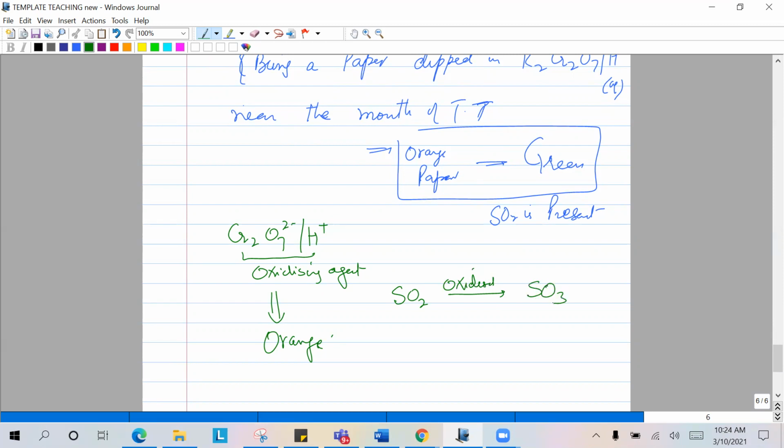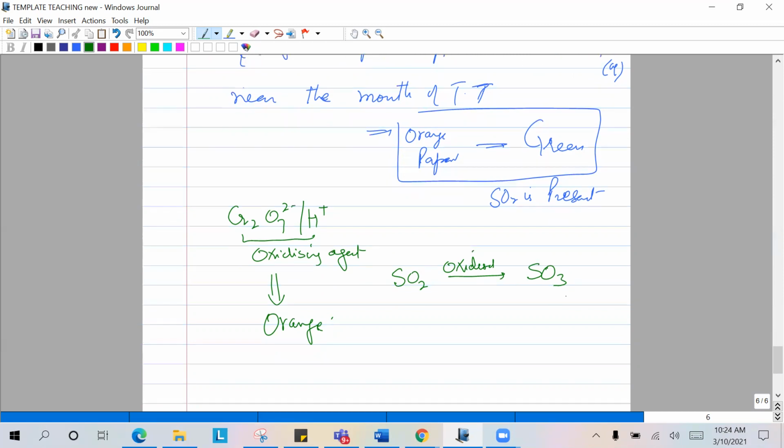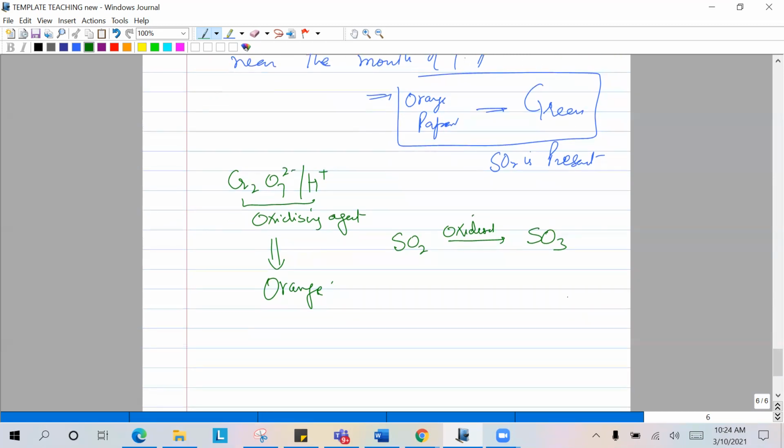Once it is oxidizing this, the dichromate ion itself will be reduced to Cr3+. The dichromate ion is orange in color, but when it gets reduced,